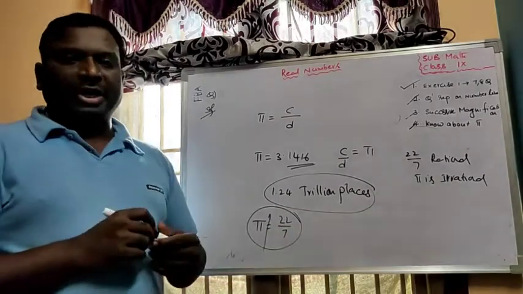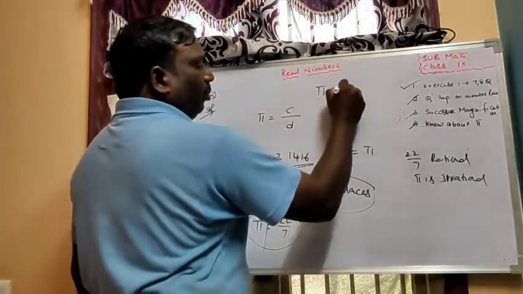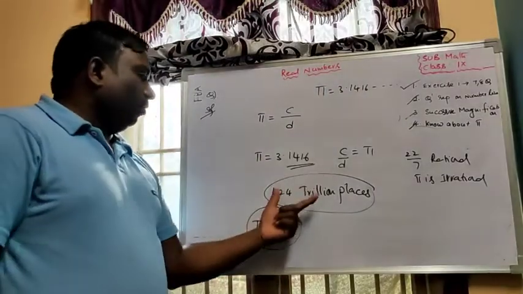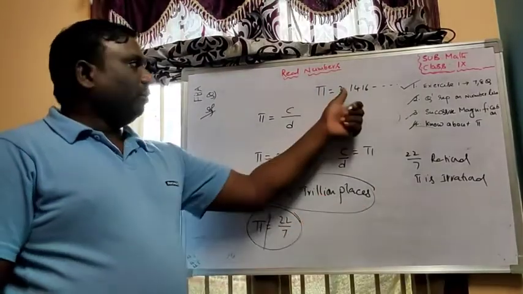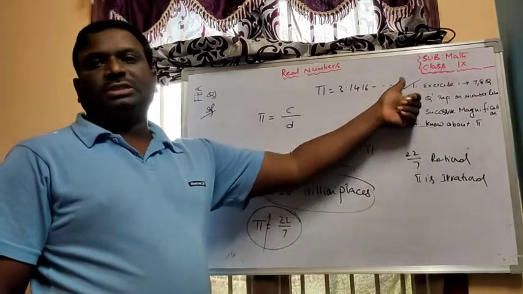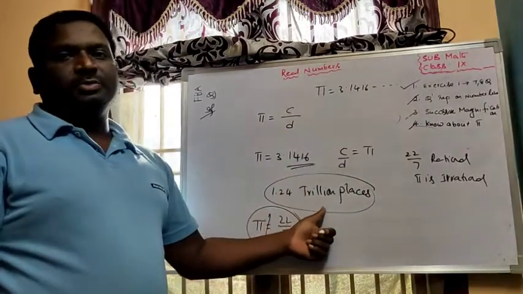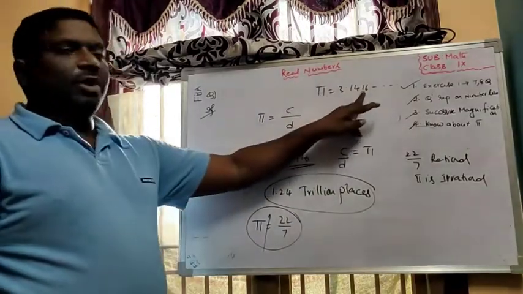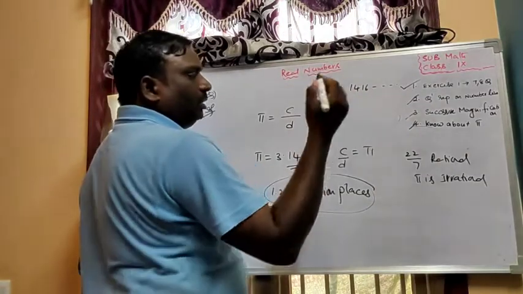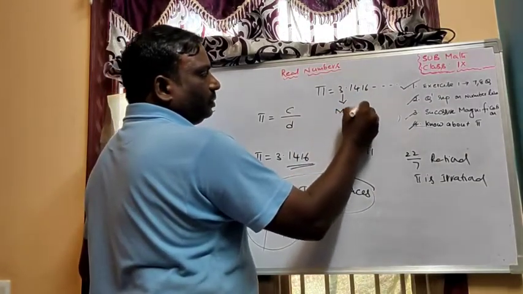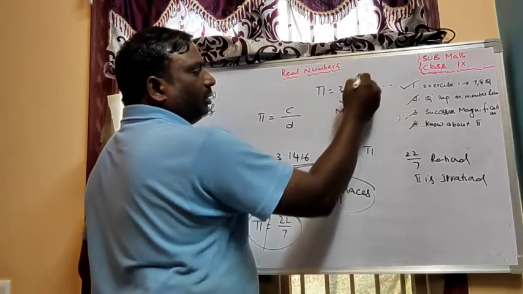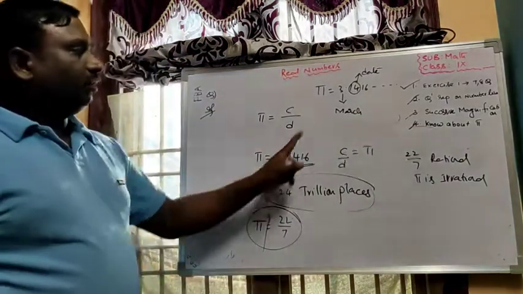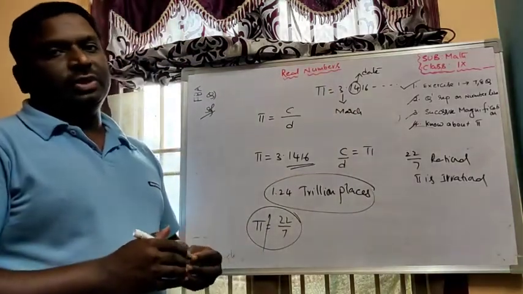So all of you know about pi day. Pi equals 3.1416 and so on. Many different digits will come, like this up to 1.24 trillion places: first place, second, third, fourth, fifth, sixth, seventh, eighth place. Using high-speed computers, they found up to 1.24 trillion places. So the pi value is 3.1416. What about 3? This is the third month of the year, that is March. The same March month, 14th date. So March 14th is pi day.